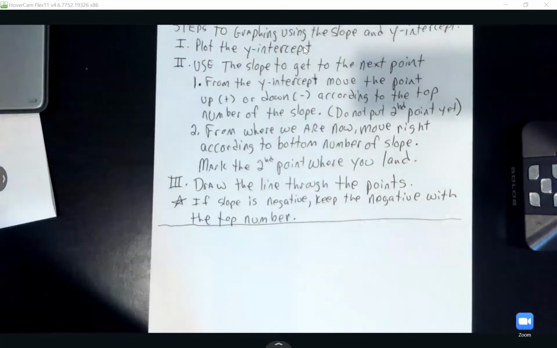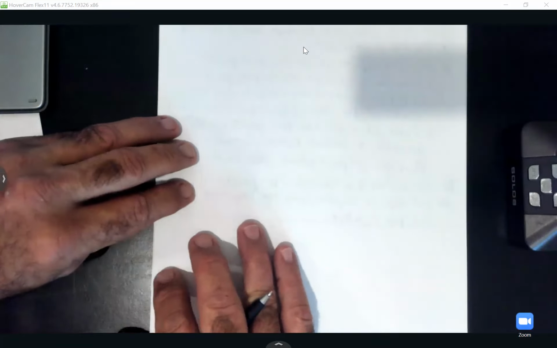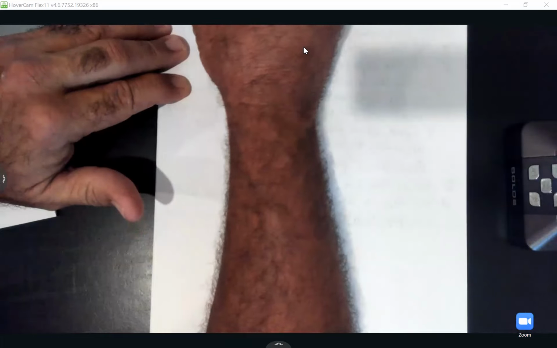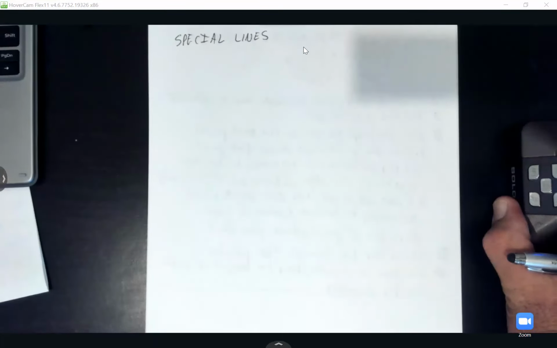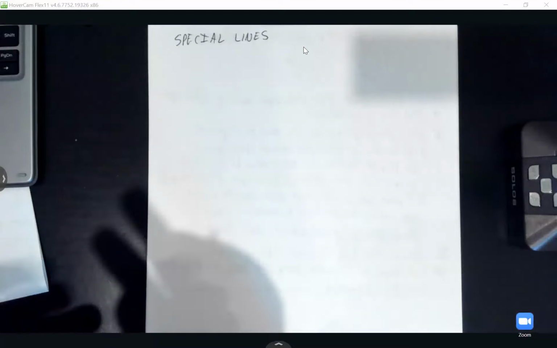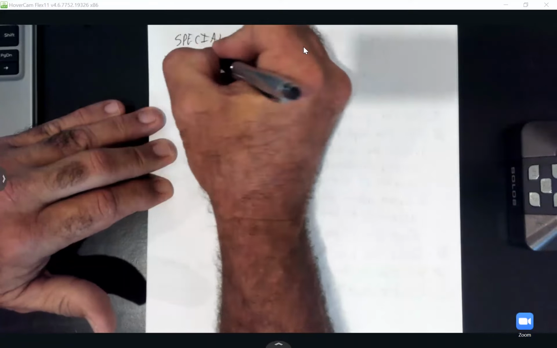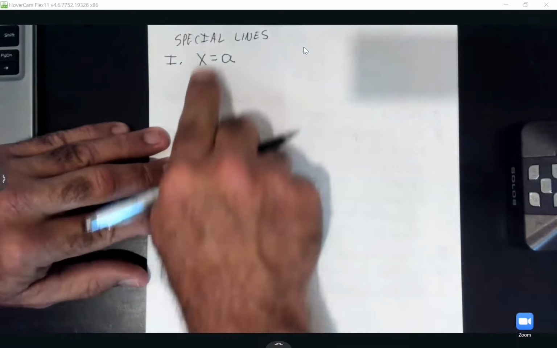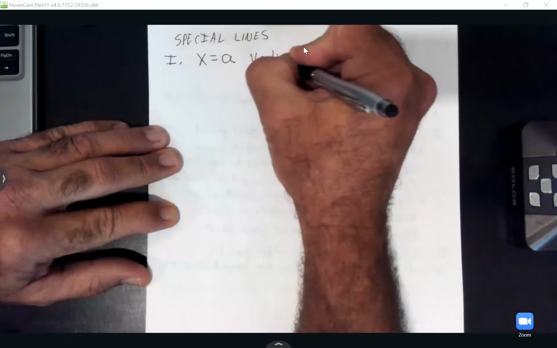All righty. So let's see what we got next. So we're going to look at 2 special lines. So these are called special lines. All right, let me move the camera back up. So we're looking at 2 special lines that we got. The first one, x equals some number a. When you got x equal to a number, this is a vertical line